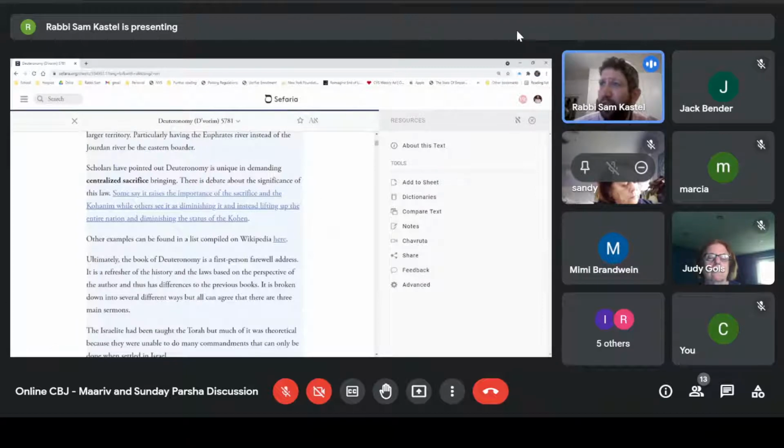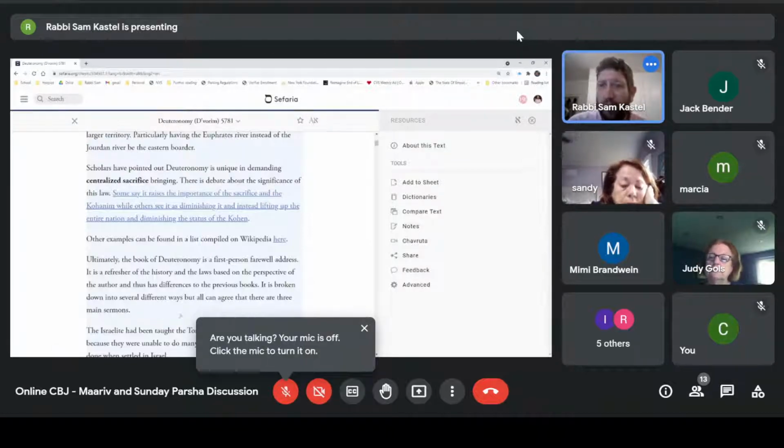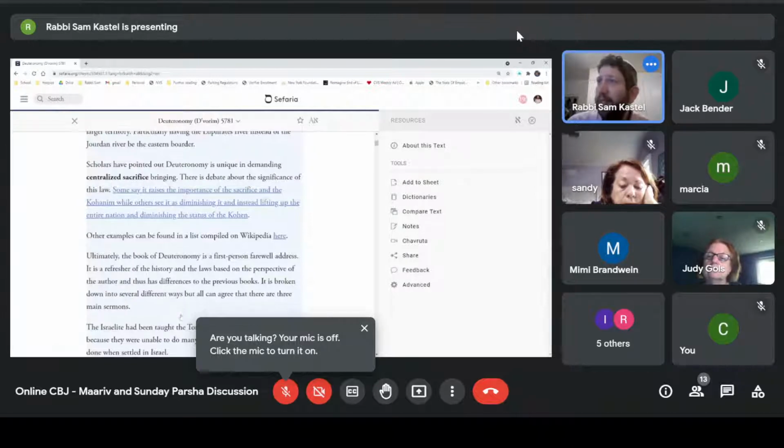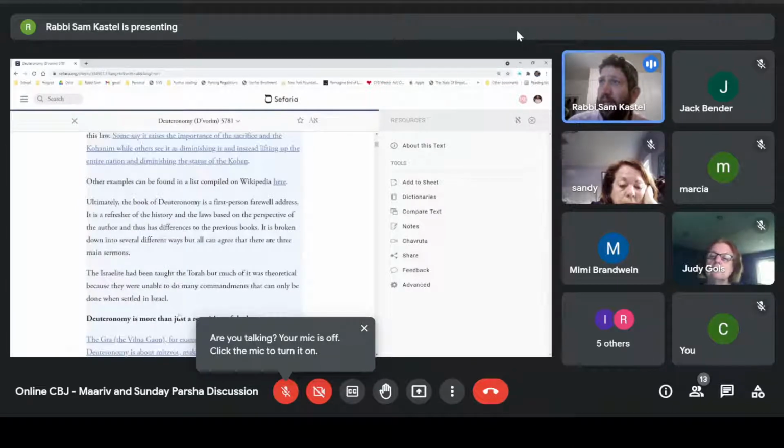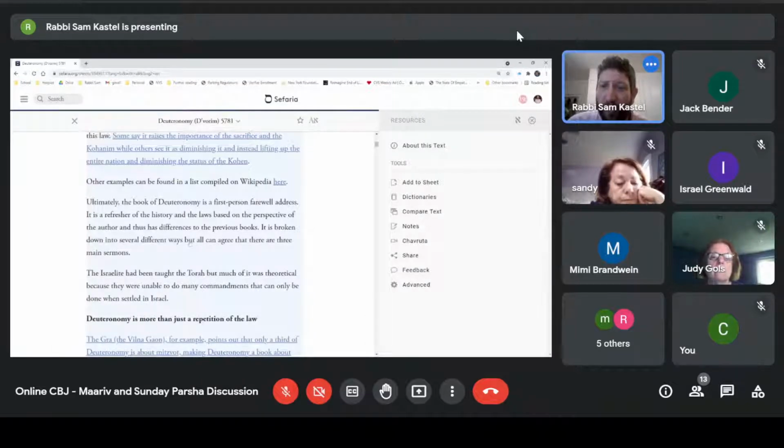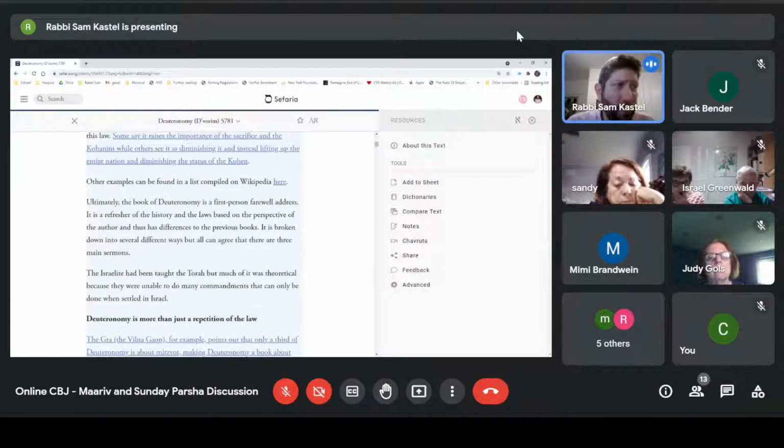There seems to be more and more of a consensus that the book of Deuteronomy was actually written first, even though it's the fifth book of the Torah. And it's seen as Moshe's first-person farewell address. Right, they're on the precipice. They're about to go into Israel, and Moses is getting one last shot because he's not going in with them